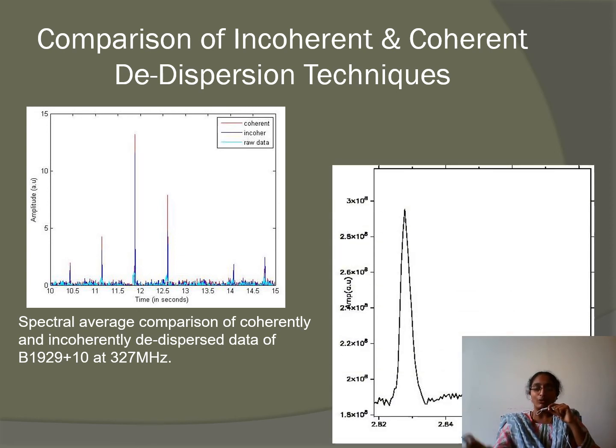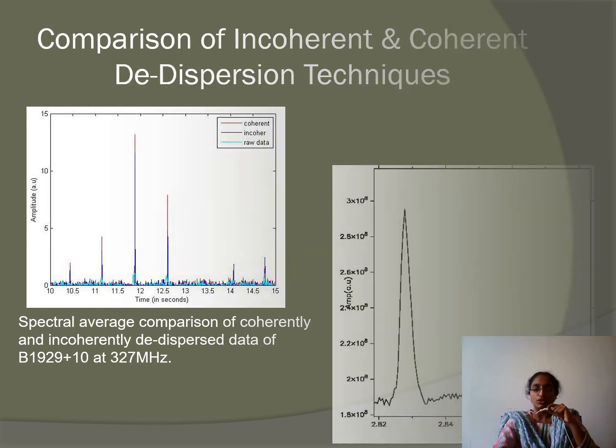Now what is the advantage of correcting with the transfer function? Your signal is with the highest resolution. It is as if the pulsar has produced the signal directly to our acquisition system. To that resolution is what we are correcting. So that is the advantage of implementing our inverse transfer function.